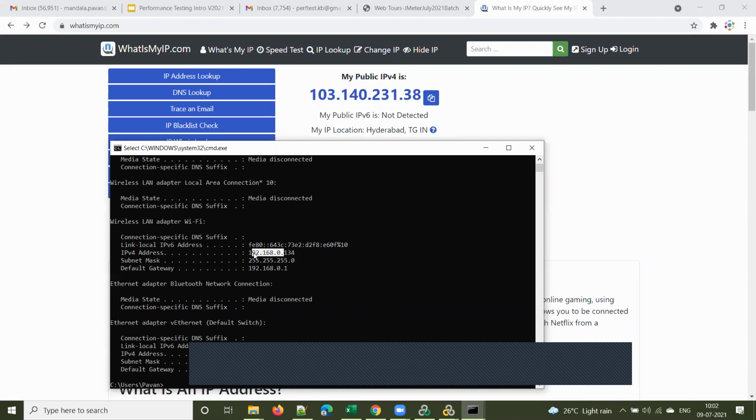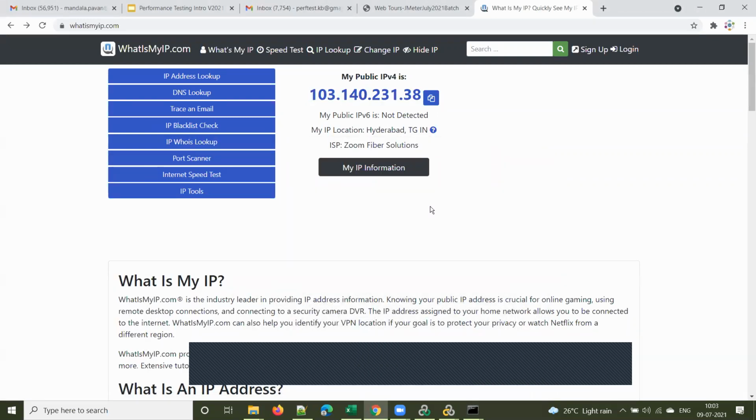Till here, it will be the same, guys. Only this number changes within my network. You got it? Yes, sir. And that is the IPv4 address. We have IPv6 also, but let's not go into those details. Everyone should know what a private IP is, what a public IP is, how to see the private IP, and how to see the public IP address.